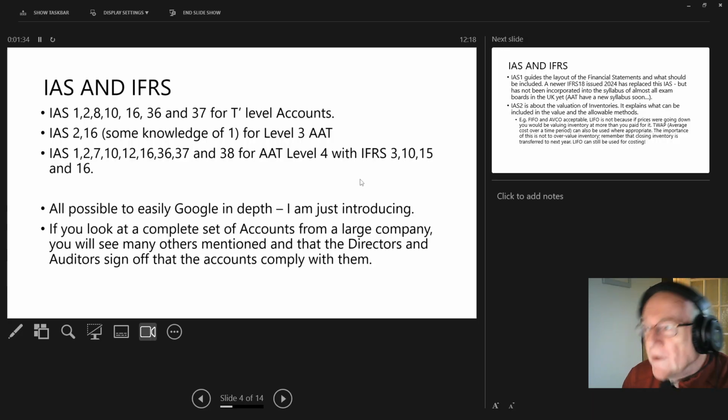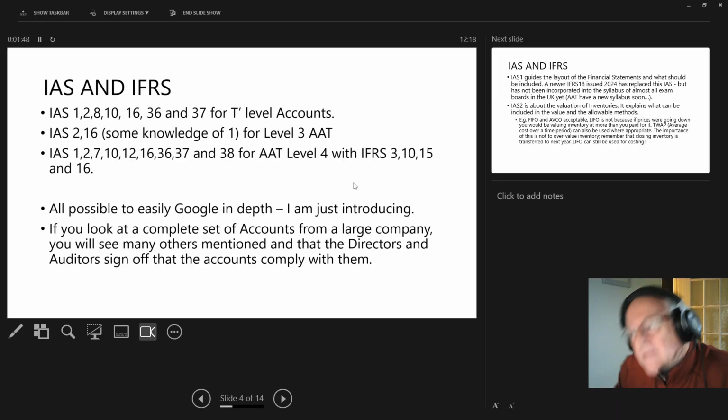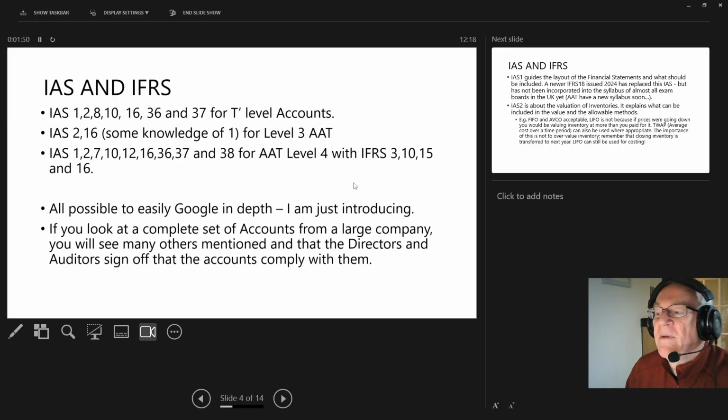And at level 4 you start to learn a bit more IFRSs, including the dreaded IFRS 16, replacement of IAS 17 leases. They're all possible to Google in depth. I'm just introducing and trying to explain the general theory based on my 20 or so years of explaining them